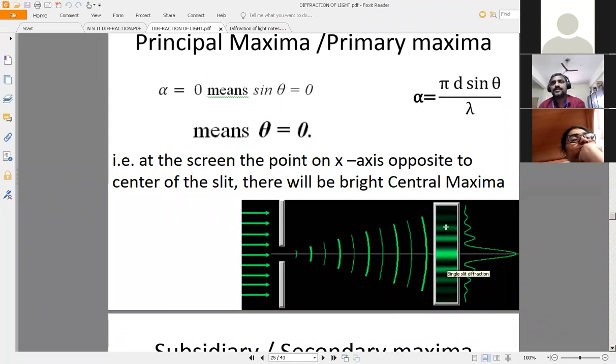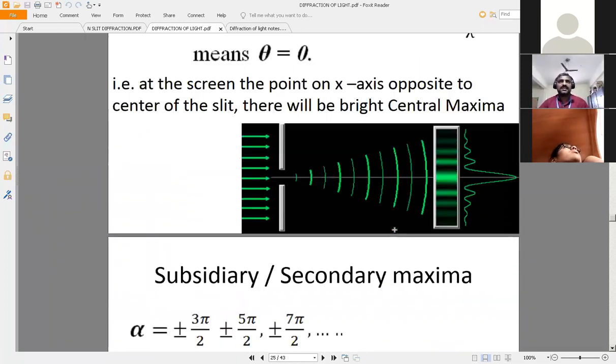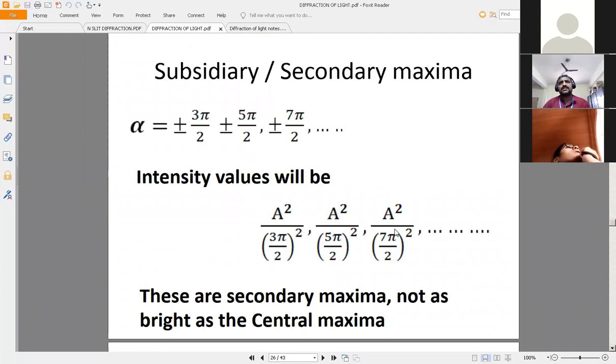Please don't get confused. On a distant screen, you are not going to see any sin alpha by alpha like graph. You are going to see just this. Repeat, on the screen you are going to see just this, but not this sin alpha by alpha graph. If you plot the sin alpha by alpha whole square graph, you are going to get this kind of pattern. You can clearly see this peak is representing the intensity. This is the brightest point, and as you move either upward or downward, the intensities will be drastically falling, right? So this is regarding the sin alpha by alpha whole square graph, and this is what you see on the distant screen. And this completes the discussion of Fraunhofer single slit.